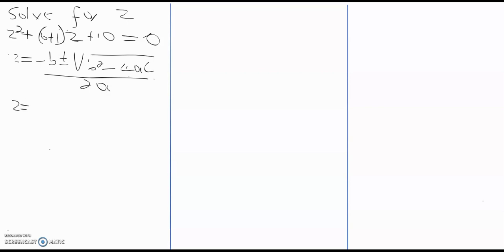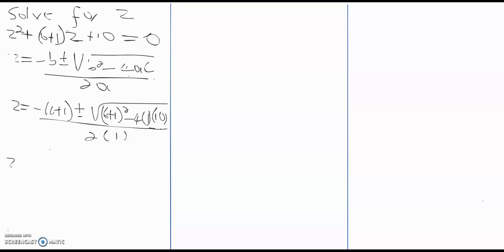In this case, my b value is 6 plus i. So I'm going to have negative, put my bracket there, 6 plus i, plus or minus the square root of (6 plus i) all squared minus 4, a is 1 and c is 10, all over 2 times 1. So z equals, and I can simplify this, negative 6 minus i plus or minus the